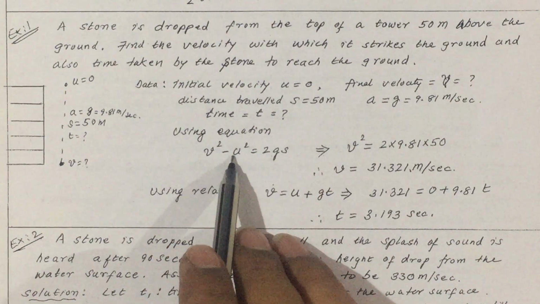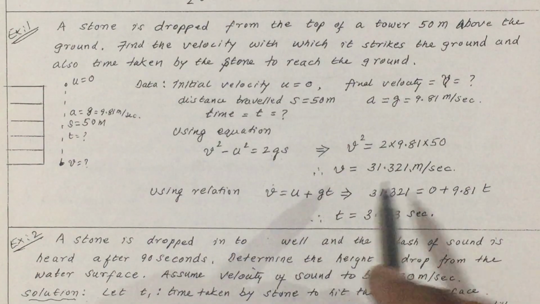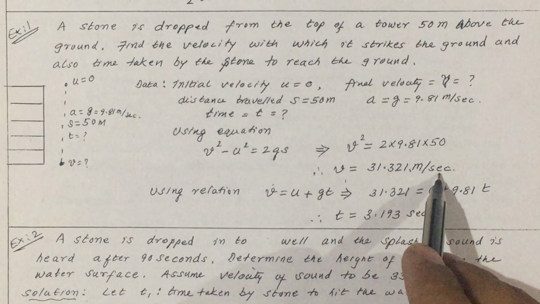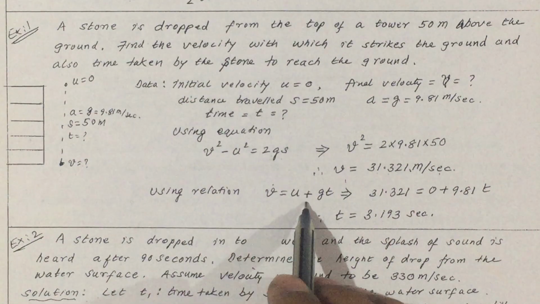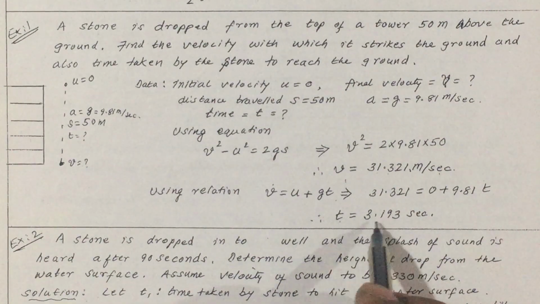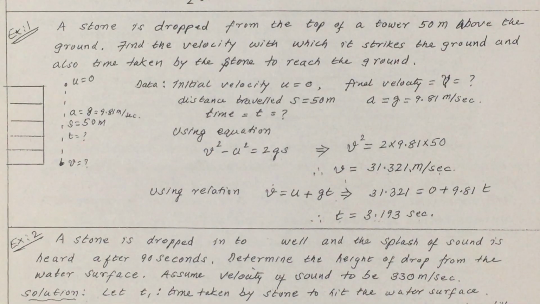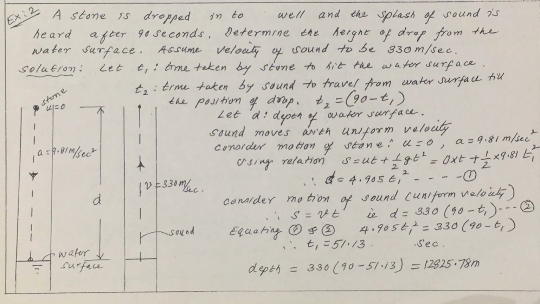Using the equation V square minus U square is equal to 2GS, you are going to get V is equal to 31.321 meter per second. Using the relation or the equation V is equal to U plus GT, you are going to get time is equal to 3.193 seconds. That's all. Simple problems. Then if we come to the example 2,